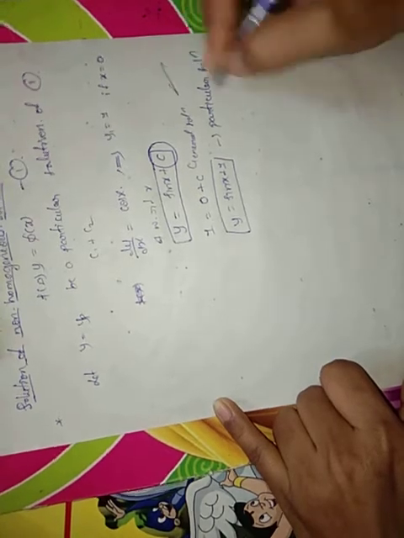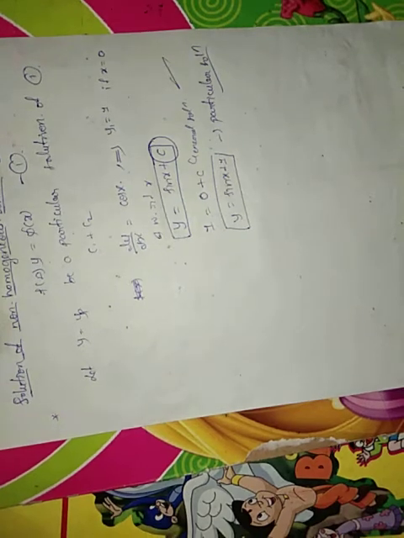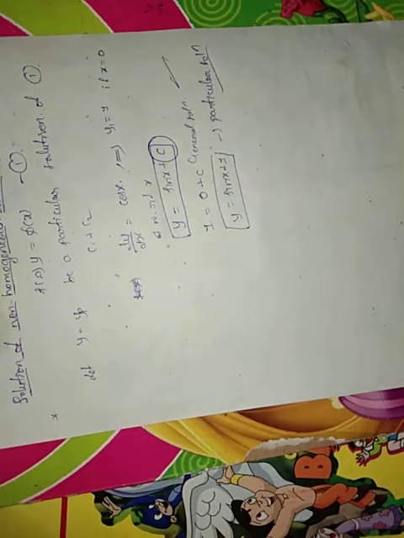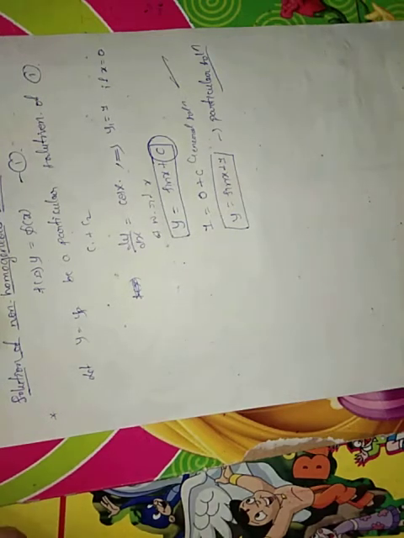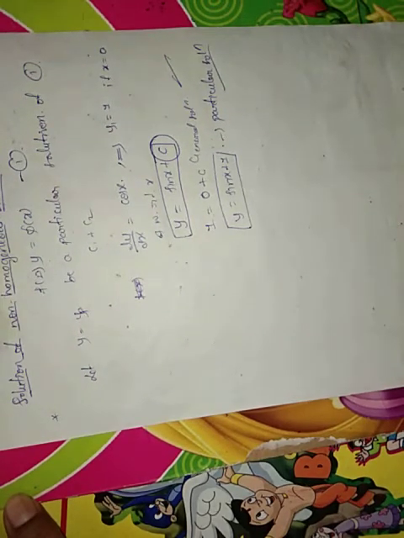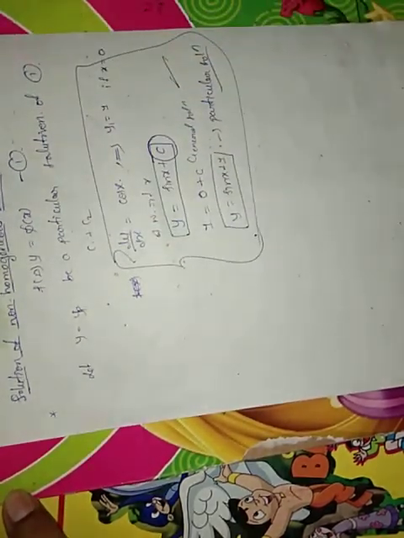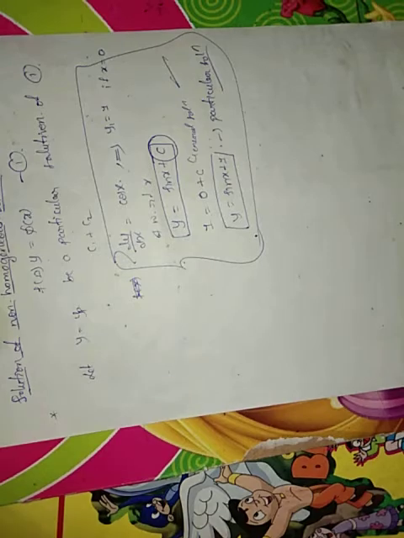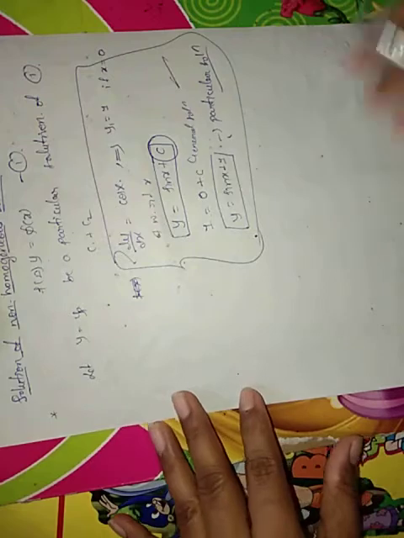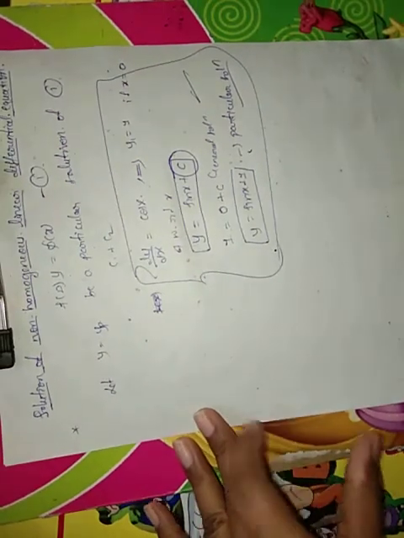So that is the difference between the general and particular solution. General solution means the solution where the constants remain, the solution with the constant. Particular solution means a solution which is free from the constants, so no constants are present in the solution. I am just explaining the basic content needed for the solution. That is the difference between the particular solution and general solution.